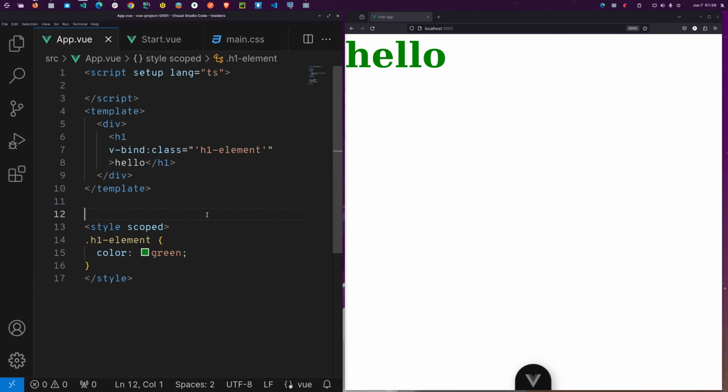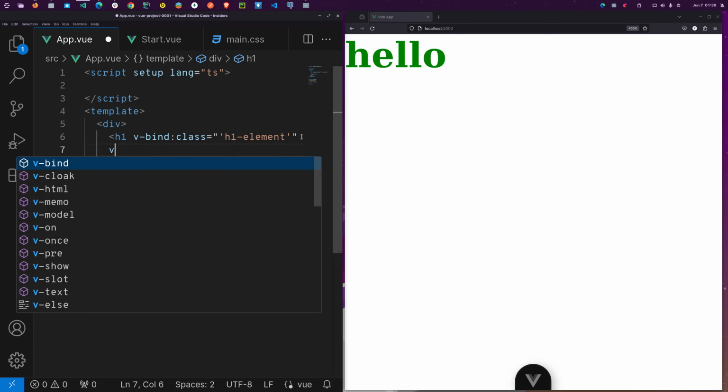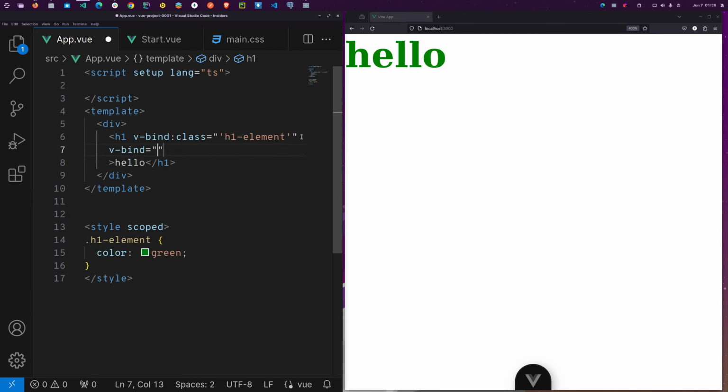So you can do attribute binding, you can bind a class, you can bind id, so you can run a v-bind. So what are you binding? You bind id, so you can bind any attribute,